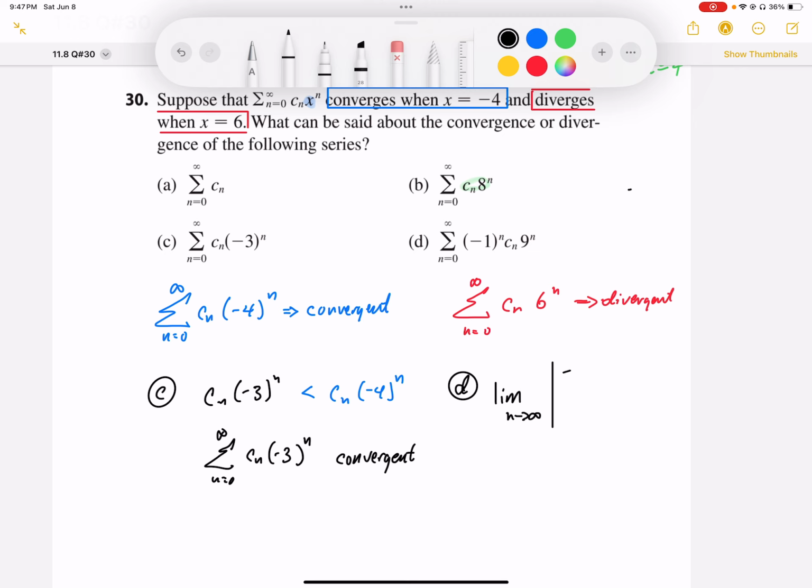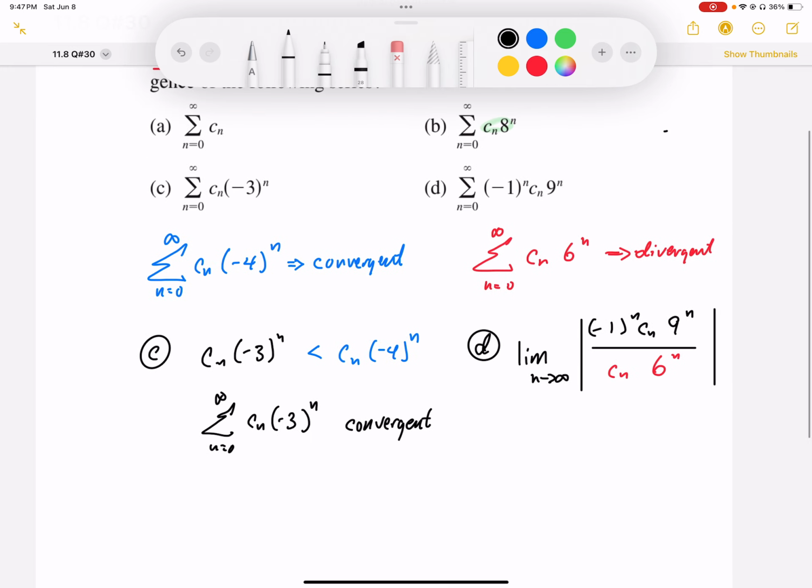So I'm going to have (-1)^n, c 9^n, and I'm going to compare that to the diverging series here, c 6^n, and we're going to see what happens here. And when we take a look at this sequence, we know that the nth term of this, if we compare the limit comparisons of these, we know that the